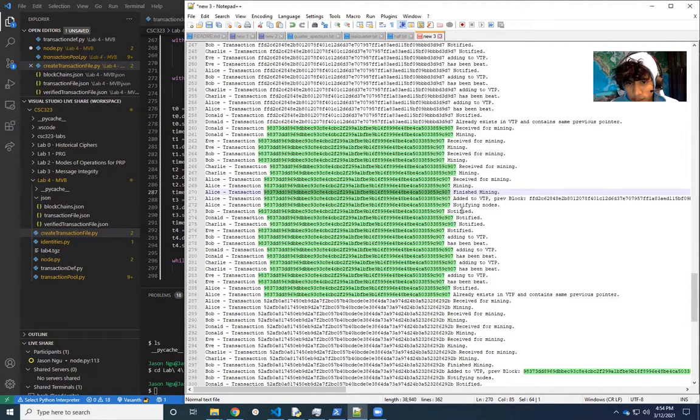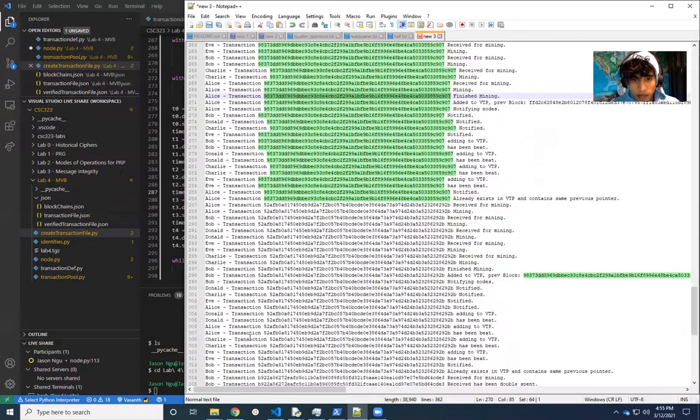And she notifies all of the other nodes, as you can see in these 4 lines, and they get notified and add it to their VTP. They also mention that they've been beaten to it and added this to their VTP. So you can see the whole process of this blockchain working in this output. And yeah, so to run it,